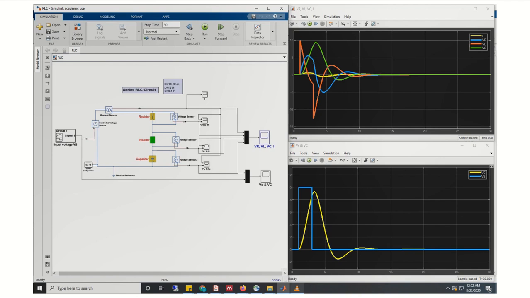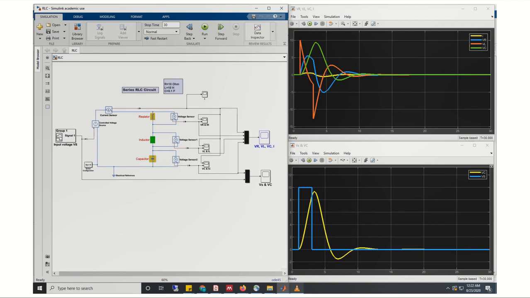States as such may not always be the practical variables. However, one can easily define a state with the help of these practical variables. So we can say one state is the current, another state is the voltage across the resistance, another is the voltage across the capacitance, another is the voltage across the inductance. So these are my states,